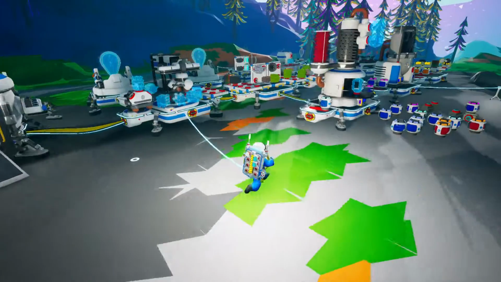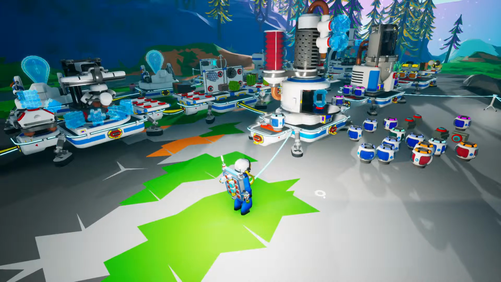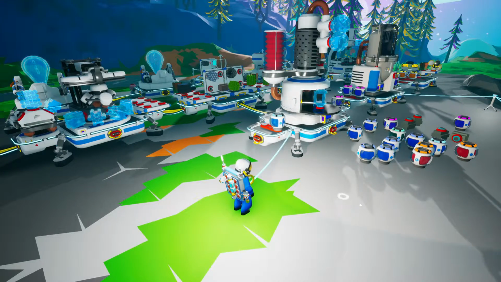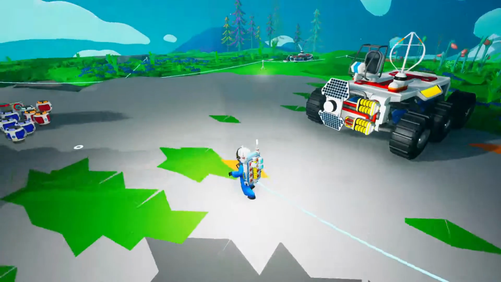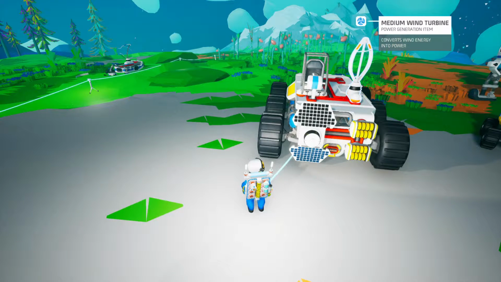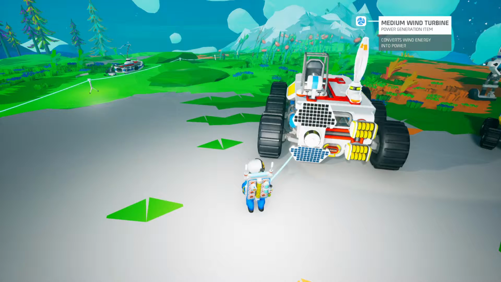So, when you get to a stage that you need to go off planet, here's a word of advice. Before you go, make sure that you have built one of these, which is a medium solar and a medium wind turbine. Now you can actually carry these in their packaged form on your backpack, and when you get to the planet that you're going to, you can effectively unpack them,